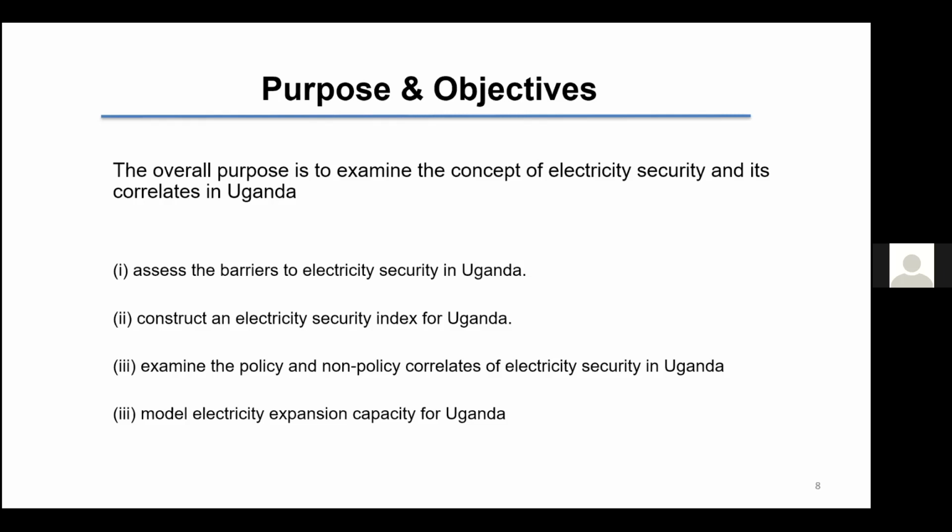What explains electricity security in Uganda that could be used for intervention or analysis? And then finally, to borrow from our strategic plan, for the electricity sector, one of the issues is to increase capacity of electricity in Uganda, both in terms of access, which is transmission and distribution, but also supply itself, because the population is growing and the economic growth drive means we need more and more supply of